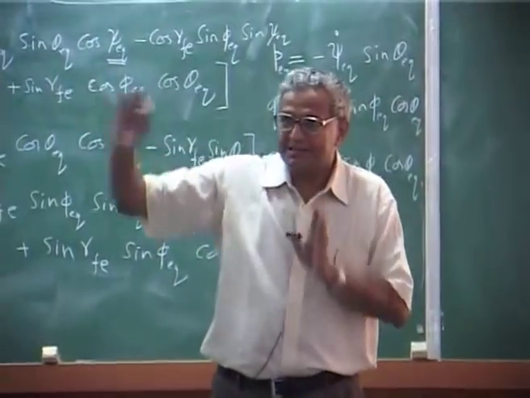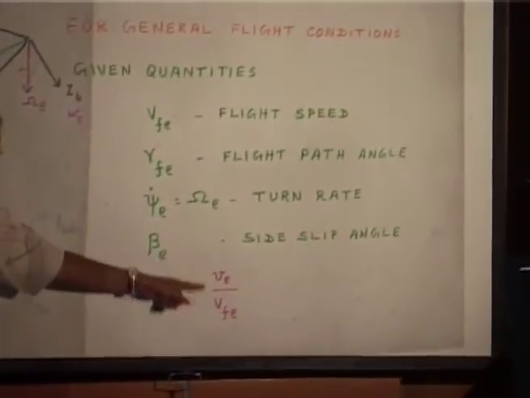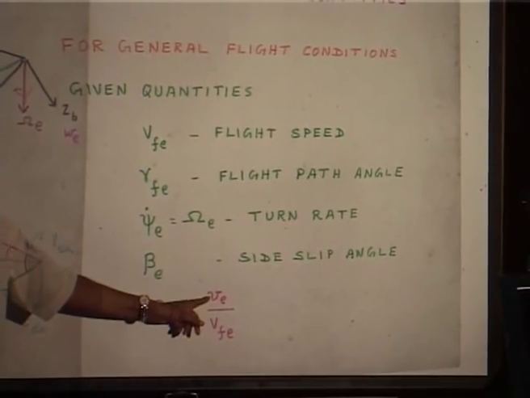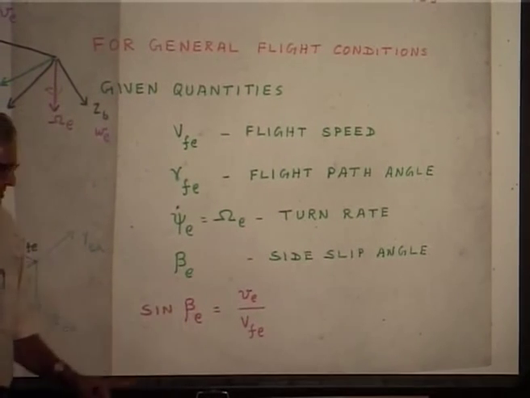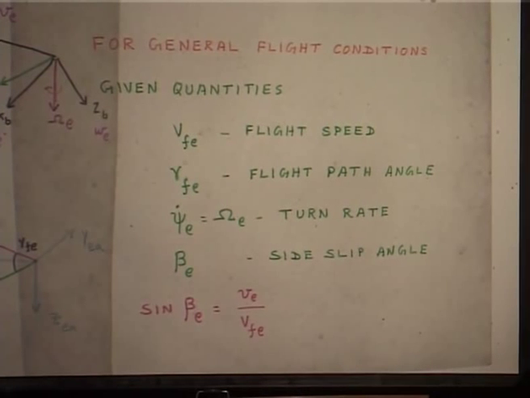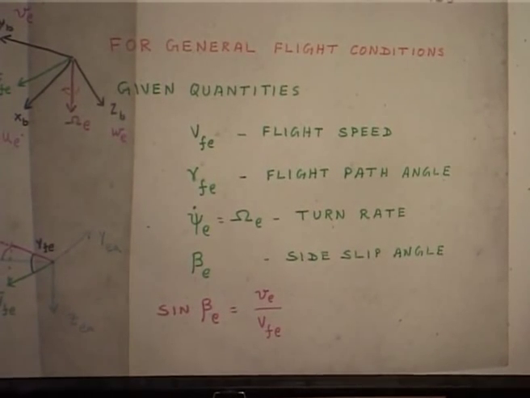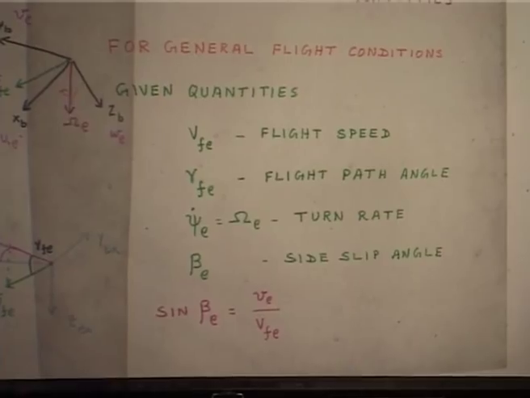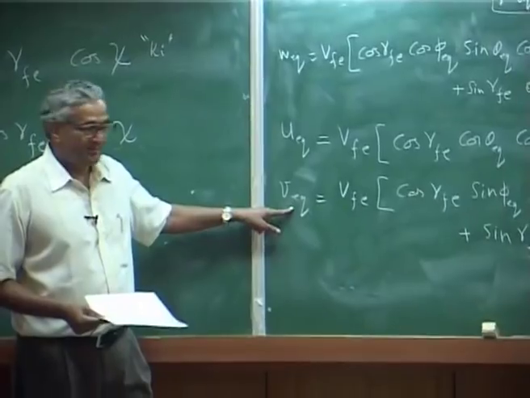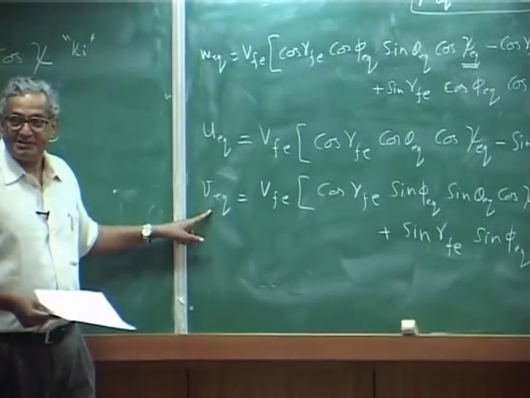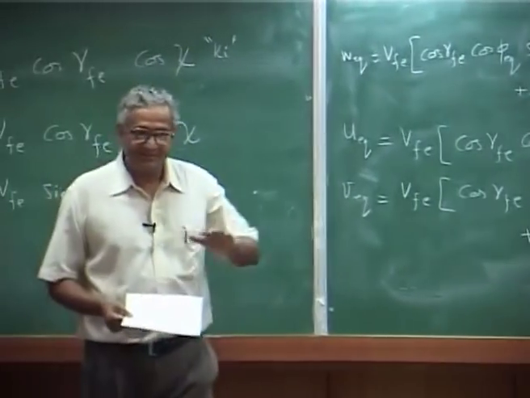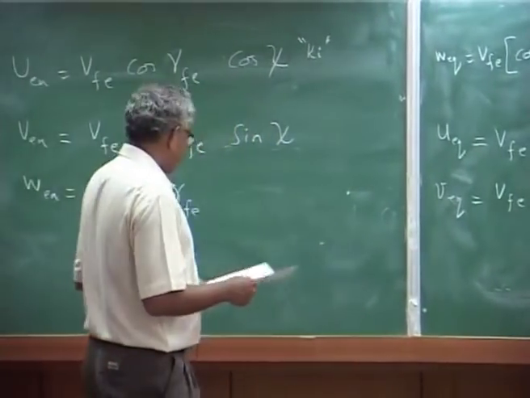If you have a velocity there, the ratio of that velocity to the total velocity resultant, that is my side slip. That means, side slip angle is specified, that is a given quantity. Now, you know from here V equilibrium, V by VFE, this is nothing but sin beta, which is the side slip. So, I write sin beta E,